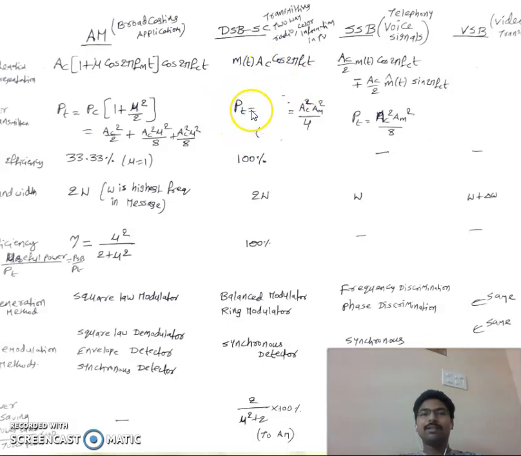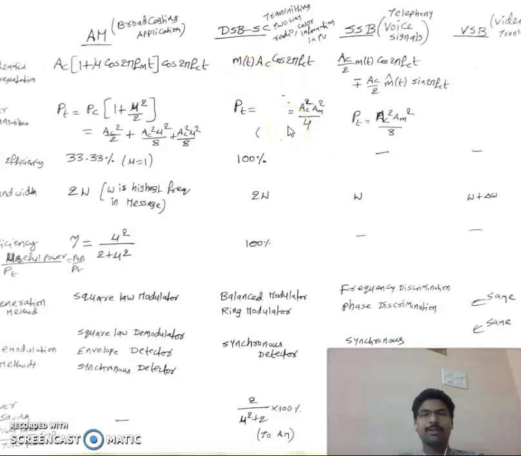Now to calculate the power, power is equal to Vrms square by R. That is the actual formula for the power. Power is equal to Vrms square by R. Here it contains two terms, Am Ac by 2 cos of (fm plus fc), Am Ac by 2 cos of (fm minus fc). So Am Ac by 2 is the Vm. Now power is equal to Vrms square by R, that is equal to (Vm by root 2) whole square by R. Vm is equal to Am Ac by 2 for the first term. Similarly for the second term also Am Ac by 2 is there.